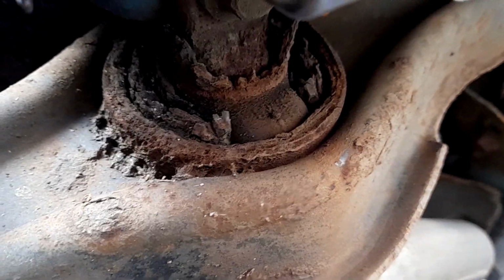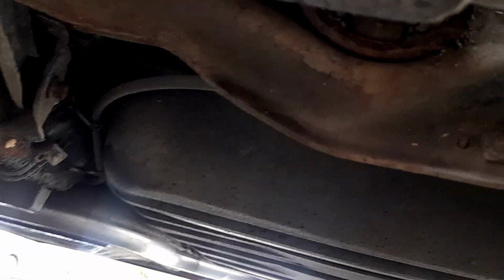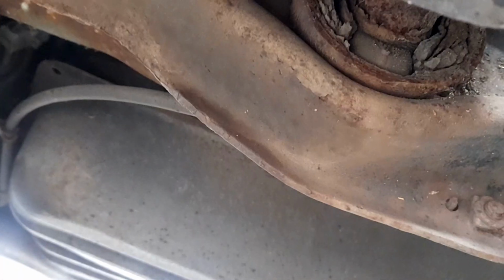I've got a feeling that does not look very healthy. And I can't really see this one. Yeah, it's just perished and cracked, but I've got a feeling that that one is knocking from that side. So yes,